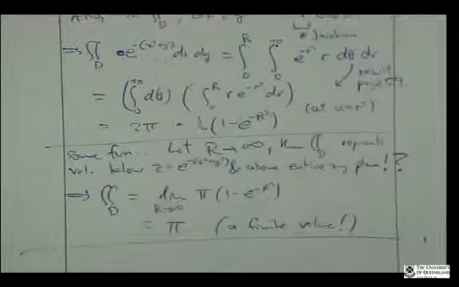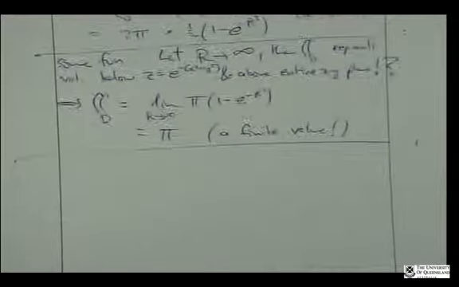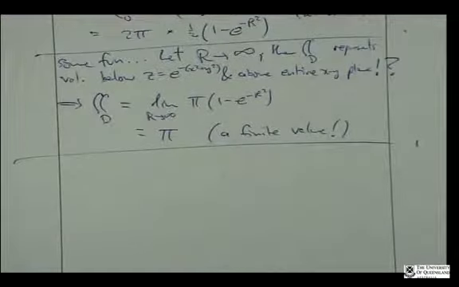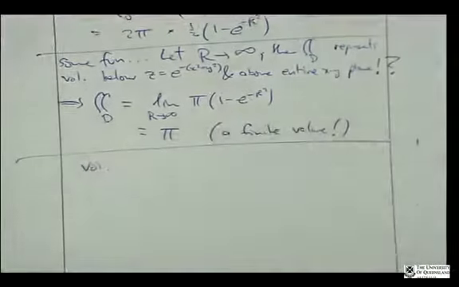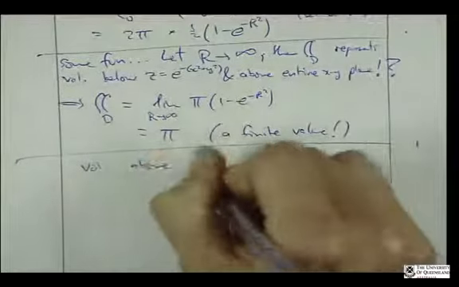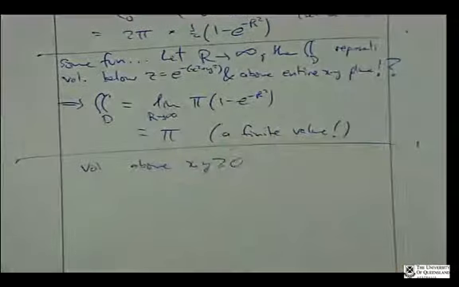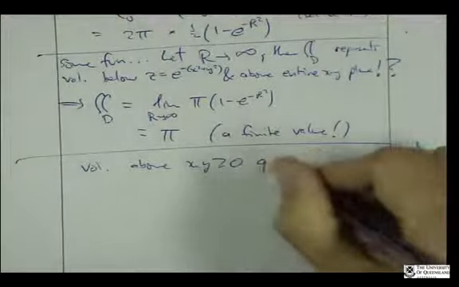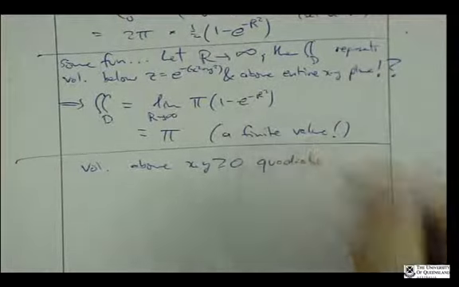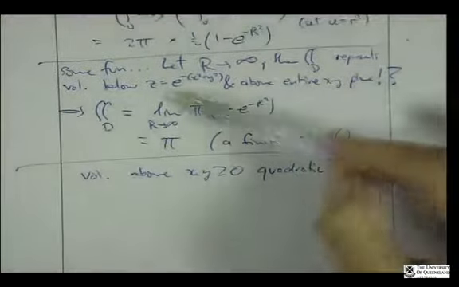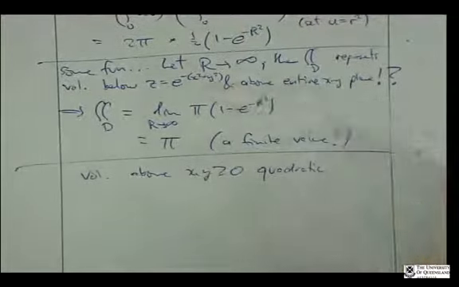But wait, there's more. I mean, that's just the start of it, right? That's just the tip of the iceberg. What if we look at the volume above the quadrant where x and y are both positive. All right, actually this surface, z equals e to the negative x squared plus y squared, has a kind of